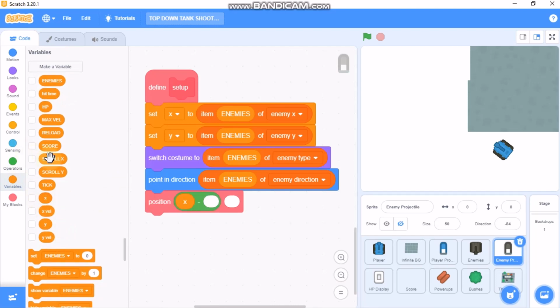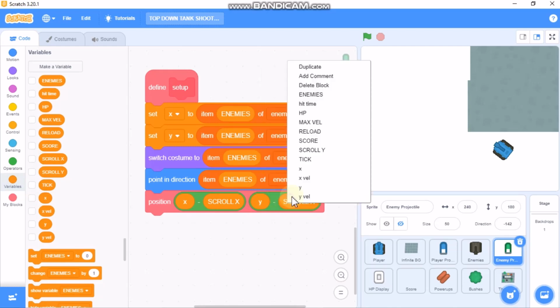So x minus scroll x and y minus scroll y,